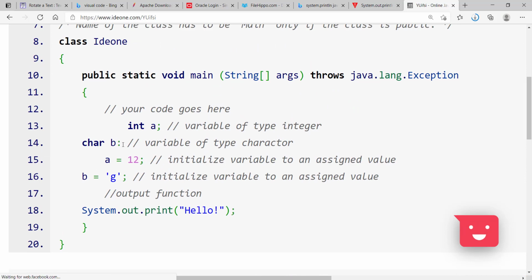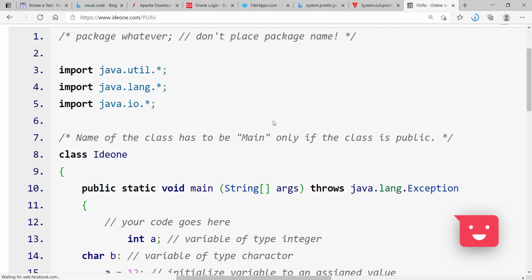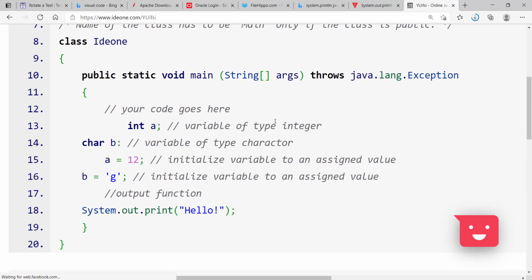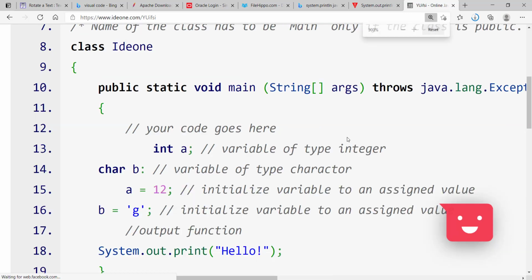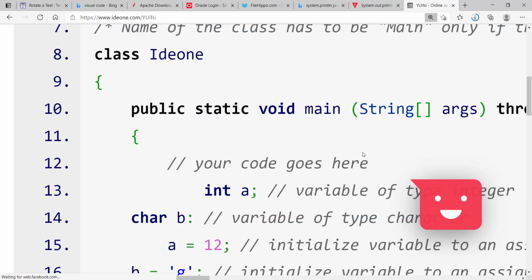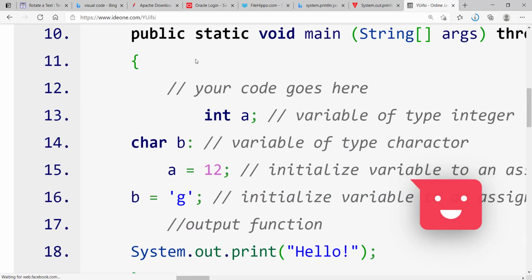We've not put a semicolon there. So our IDEs are particular with what we do or what we use. So let me make it a bit larger. As you can see,